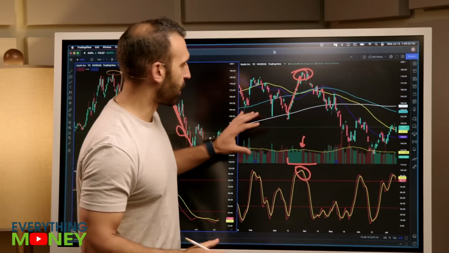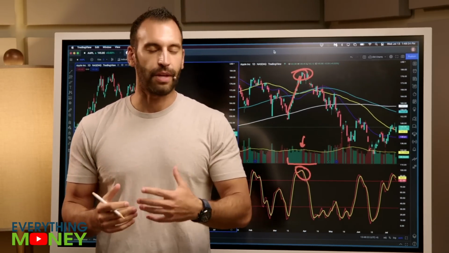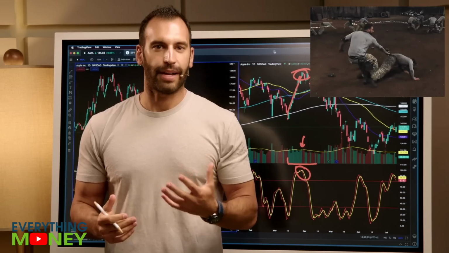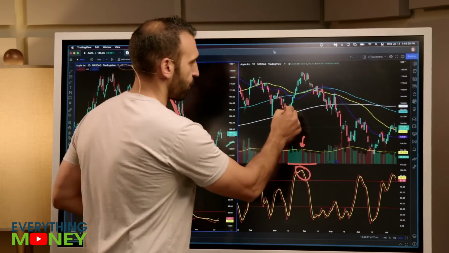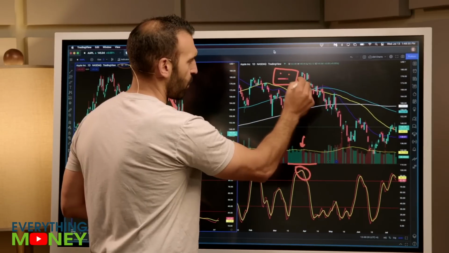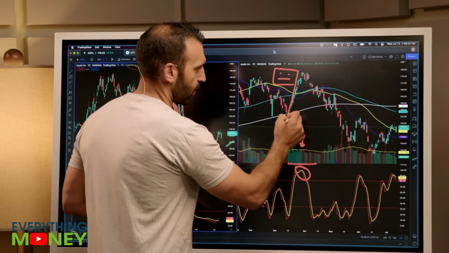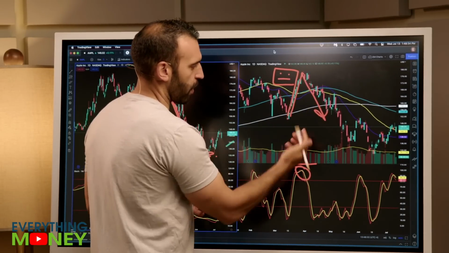When you see something that goes up 13 days in a row, you have to say to yourself, there's something wrong here. There needs to be a pullback at some point. This, everybody knows, this is a flagpole. And what flagpoles mean, if you're new, something that goes straight up, it's going to come straight back down.